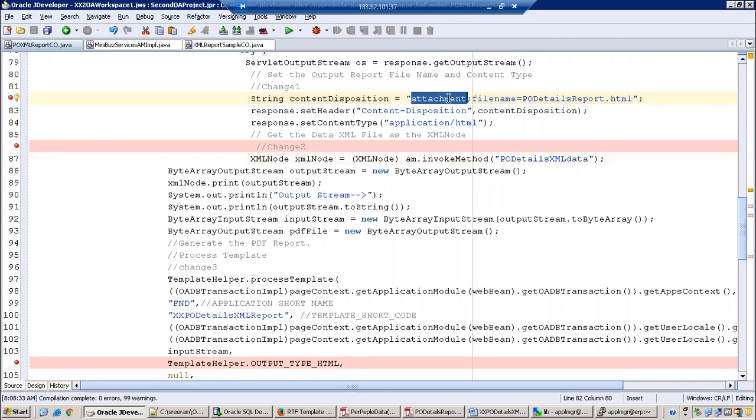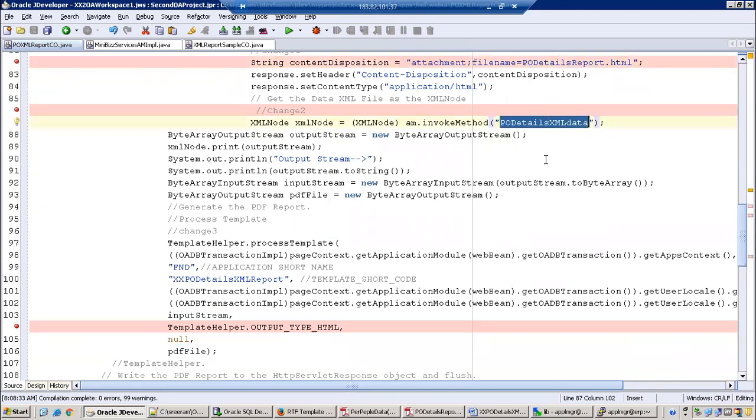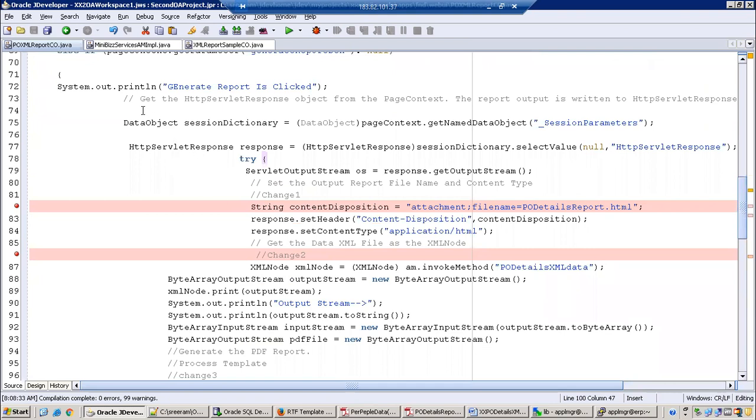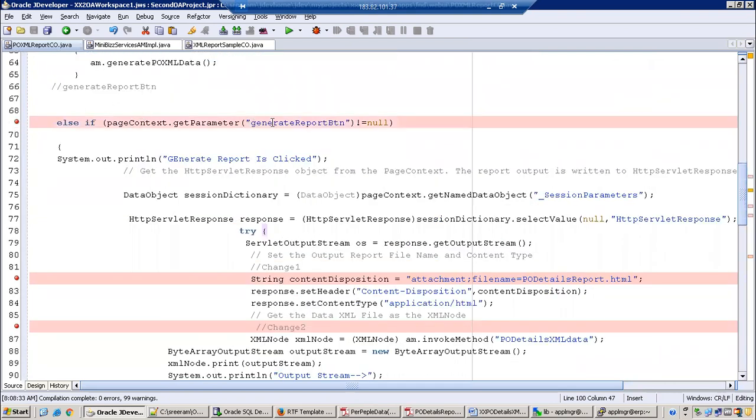Attachments doesn't mean an attachment by email. It is not that one. It is in the output stream: you want to send something which is an attachment object, so you generate that attached object. That is standard, always the same. We just need to change wherever I mention. You have to change the file name, then this XML method, and the template, and based on your output type mention the appropriate changes. This method is what we created for generating the XML data, correct? This method is the pivot details method.